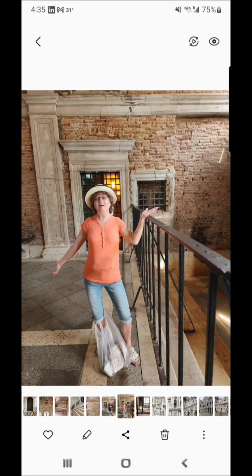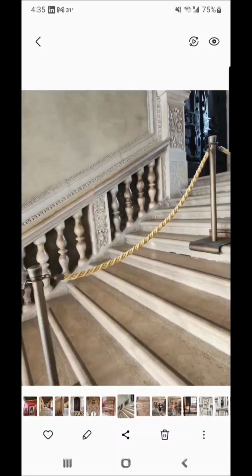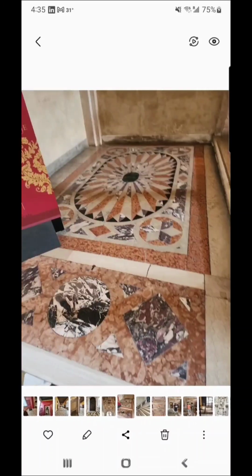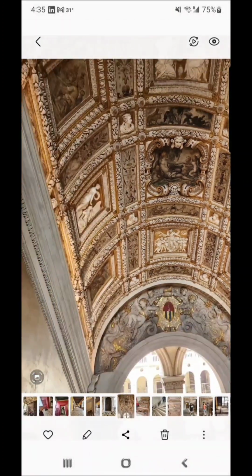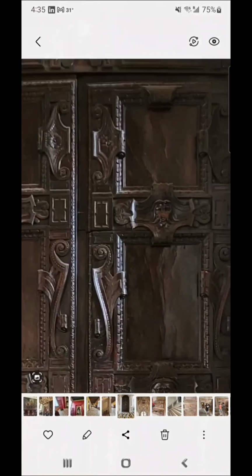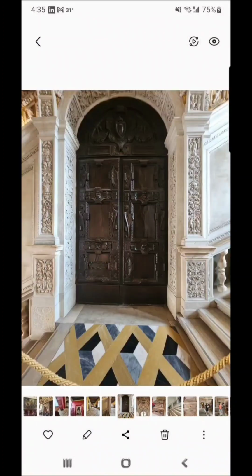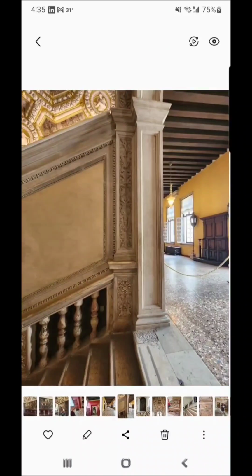And apparently I just read that this place would be the one that gets flooded first. And we're visiting the Doge Palace. Yes, D-O-G-E, Doge. So it's got tons of paintings all over the walls, all over the ceilings and mosaic floors. Look at some of the doors. Look at their walls, just all full of